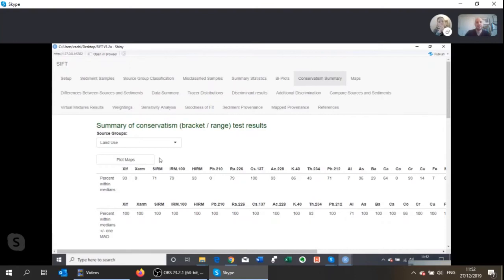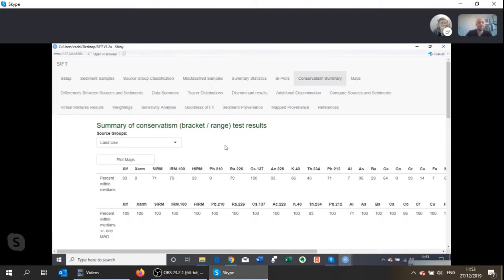Cool. So you can get the idea that this is just checking that the tracer concentrations in the sediments fall within specific ranges. Tracers could pass all these tests but still be non-conservative because they've had a very subtle change to them. But the biplot test is a lot more sensitive, especially if they're falling in a straight line, because there's only a very narrow range of values the sediment can fall within for it to be cast as conservative. So the biplots one is the most important,